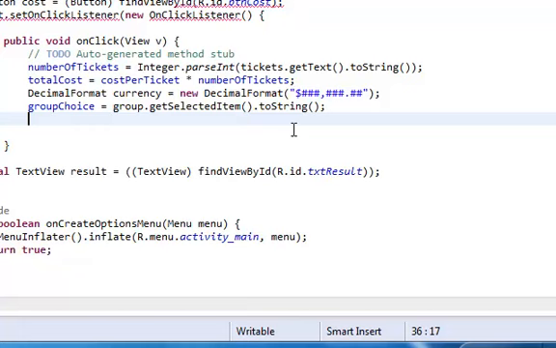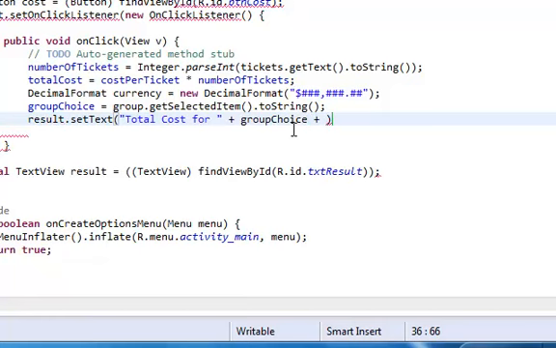Next line, here's what's going to happen. Result equals, result dot setText. This is where we're going to display it on the screen. Parenthesis, quotation marks, total cost for, leave a space after the word for, and put the quote's probably already there right here. I notice it's there in mine. And we'll put a plus symbol right here. Group choice, I'll explain this in just a minute. Group choice plus,